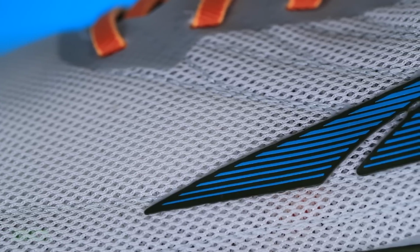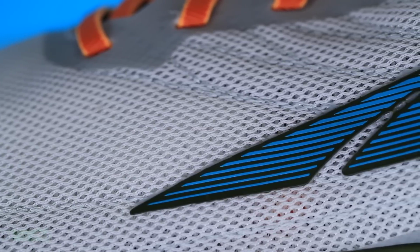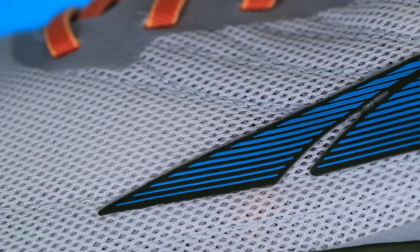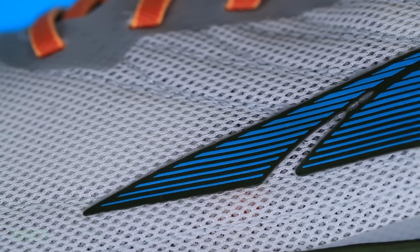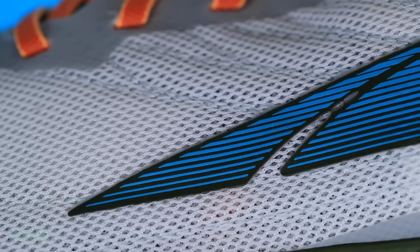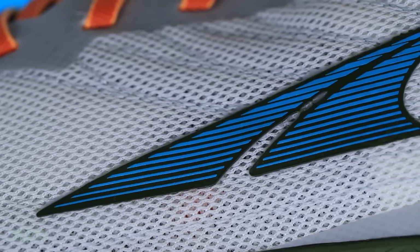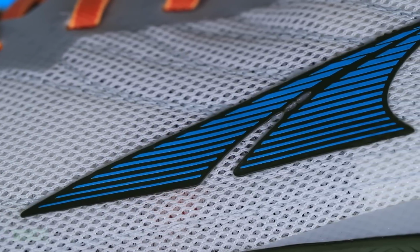it might be better than the Mach 4. I said it. As far as the feel and the lockdown over the top of the foot, Altra, you nailed it. It just is incredibly comfortable, but what's amazing is they're pulling off this comfort without an incredible amount of